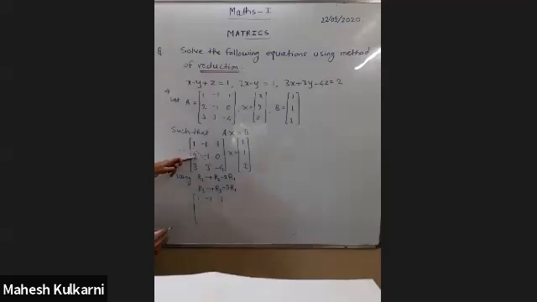But second row will change now, 0 here according to R2 minus 2 R1. What about this? This is minus 1 and minus 2 into minus 1, it becomes plus 2. Minus 1 plus 2. It is 1 here. And what about this third element? 0 minus twice of R1. 0 minus 2. Here I will get minus 2. Now apply this row transformation. 3 minus 3, यहाँ पर 0 हो जाएगा.